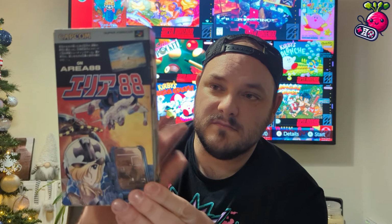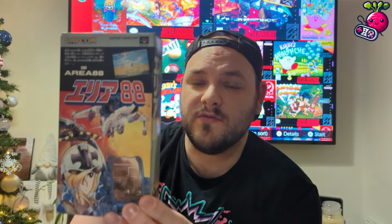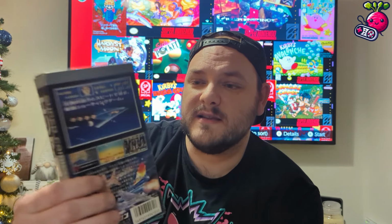and I only really sort of realised that this is probably a big component of me getting back into shmups. I bought a PAL just cartridge only of it, and it was 20 quid or something a couple of years ago, but I wanted a box copy of it, and it is Area 88. Now, it's UN Squadron to those that are PAL in America, and it's basically a shmup, horizontal, and